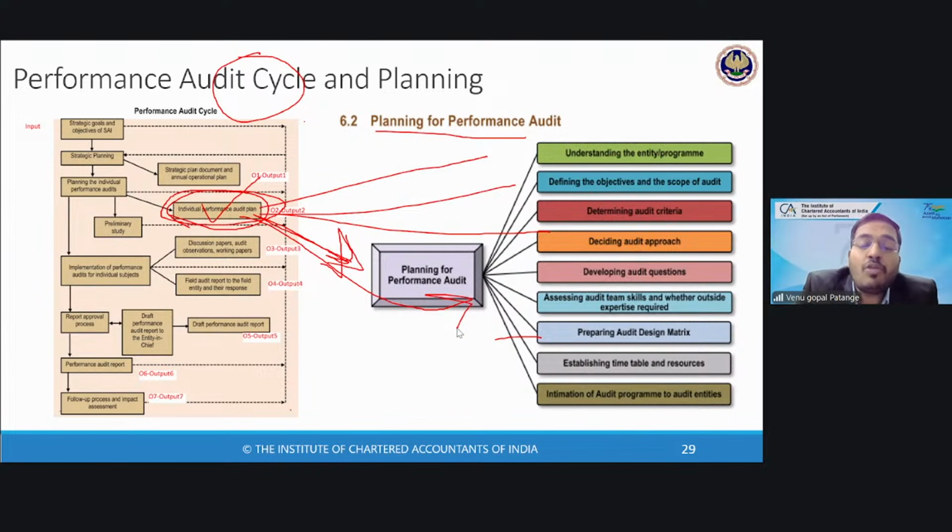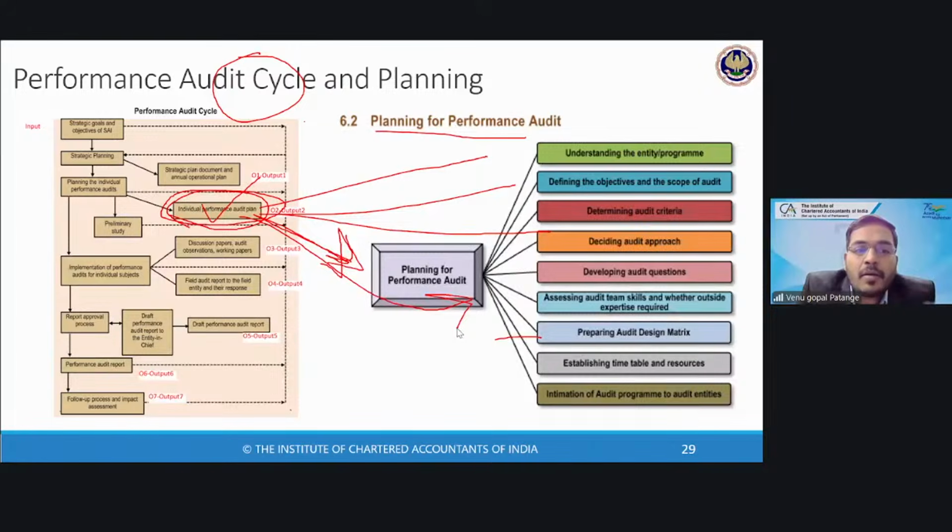You prepare a questionnaire, a detailed questionnaire, right? Then you check the skills of the employees, whether they can do it or not, or you need expertise. And then based on these inputs, you prepare the audit design matrix. What does the audit design matrix consist of? It consists of audit objective, audit criteria, audit questions,